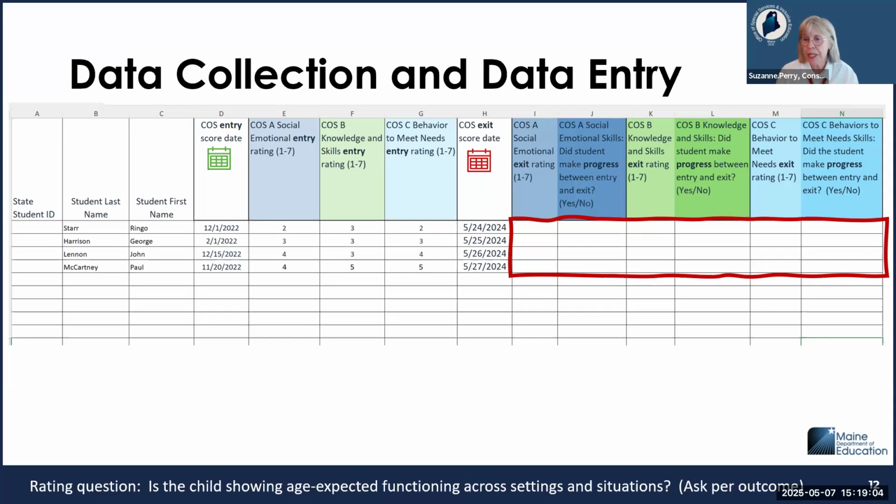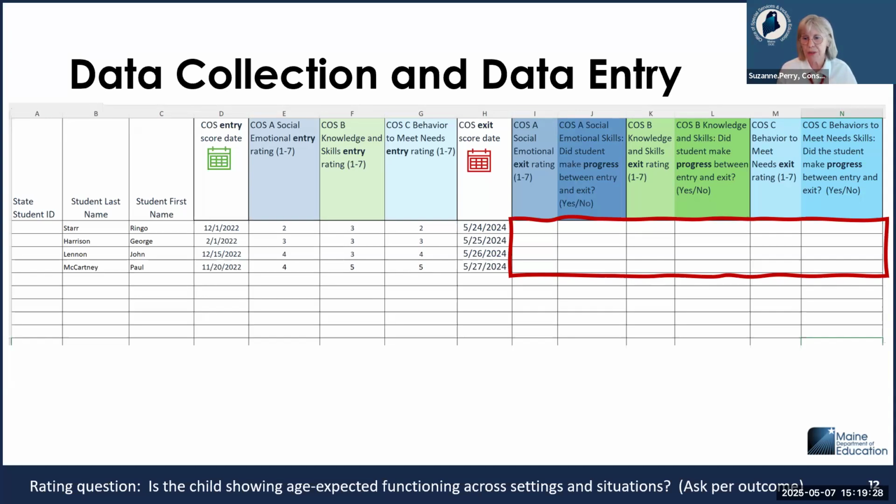So as you review the data that your teams enter, check to see that there are infrequent jumps of more than 2 points. Similarly, for changes going in the opposite direction, moving from a 6 at entry to a 3 at exit is also rare. Scenarios such as these may come from either data entry issues or assessment practices,